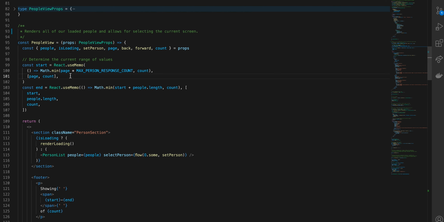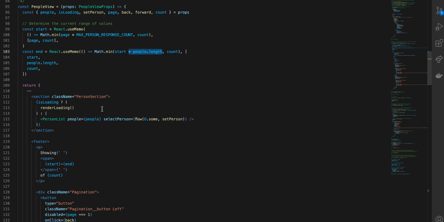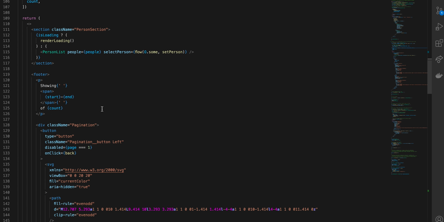But besides these computations of where we're at, given the current page, the number of people we see on this individual response, and the number of people we currently have in our array, we're able to render